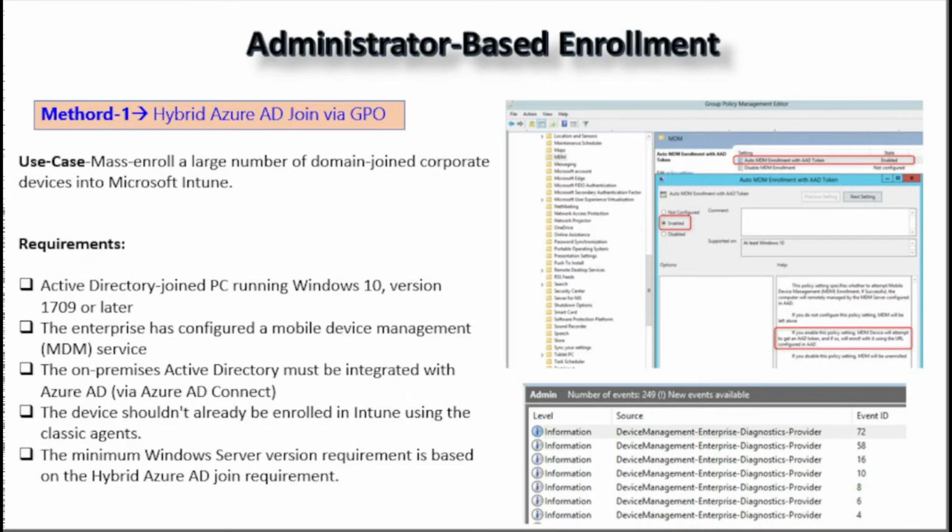As an administrator, we can configure Active Directory group policy to automatically enroll devices that are hybrid Azure AD joined. We need to create an automatic enrollment GPO and deploy it. Once the machine receives the policy, it will create a task scheduler, and then the task scheduler will enroll the device via deviceenroller.exe. We can also configure it to use the credentials of the logged in user to enroll the device in Intune. With respect to requirements, the machine should be a hybrid Azure Active Directory joined PC running Windows 1709